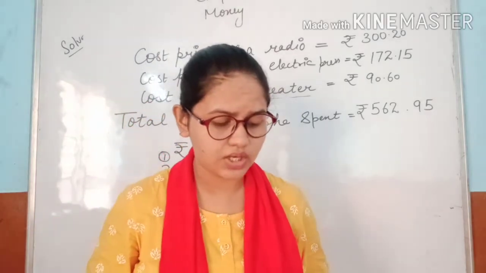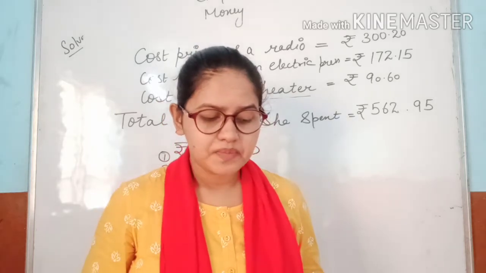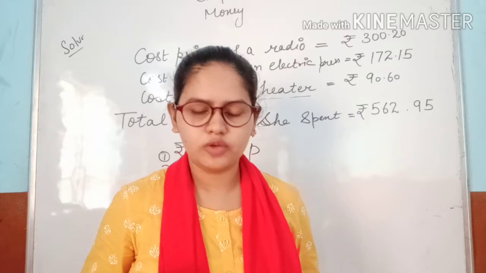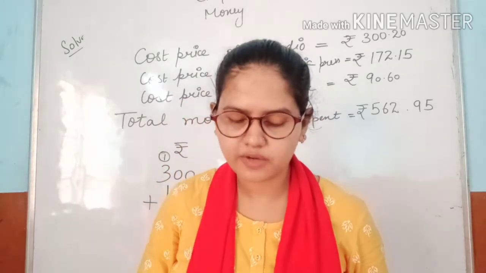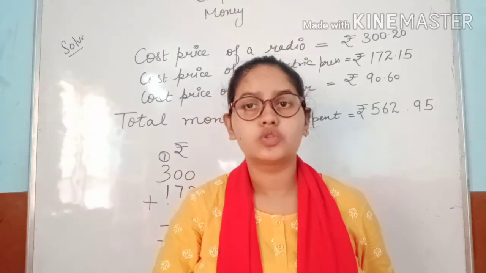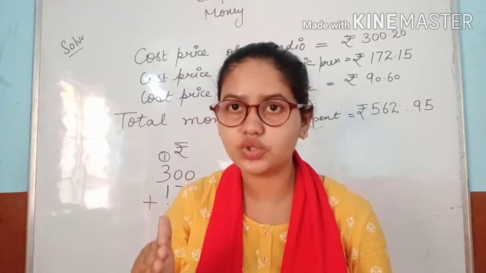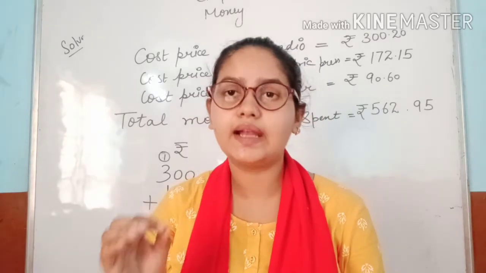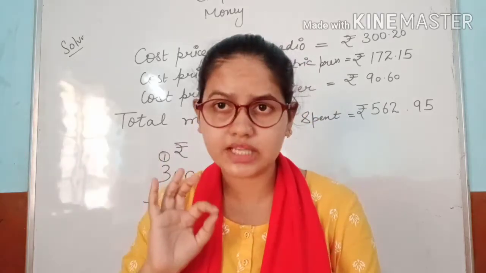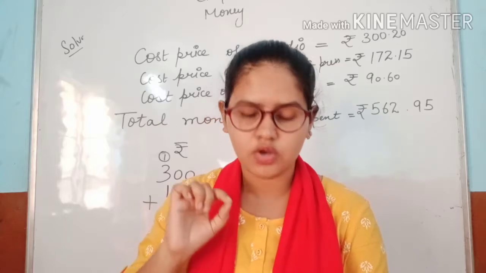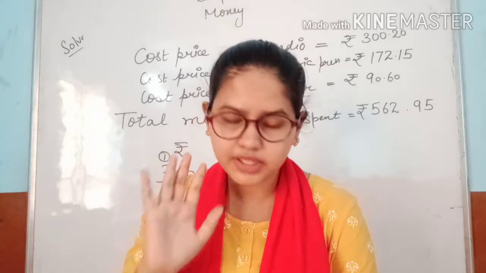In the 8th statement, Raju had to pay rupees 650 as his school fee. Okay. He had only 430 rupees 50 paise with him. So here is the statement about a person, Raju. What he had: his school fee is rupees 650, but he had only 435.50 paise with him.